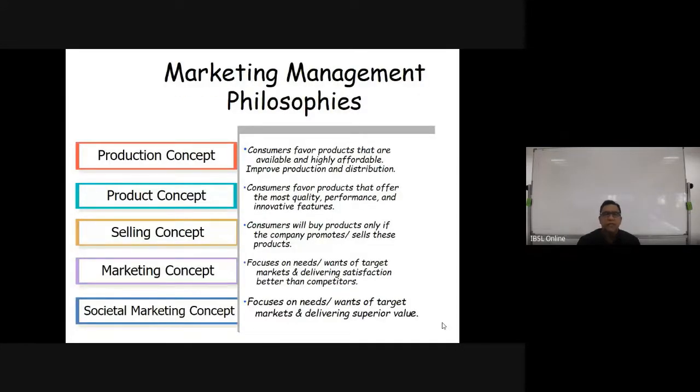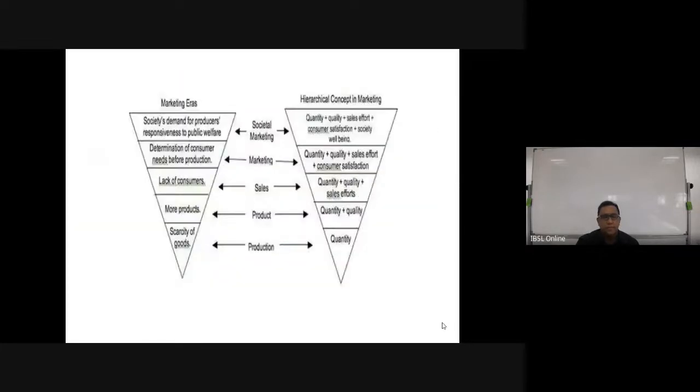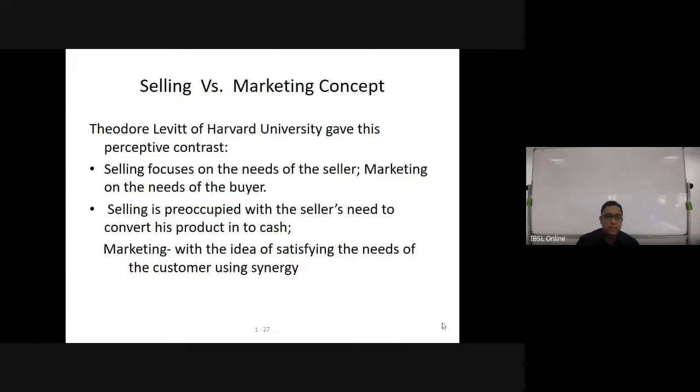And also we went and discussed marketing management philosophies, how marketing concepts have evolved over the years, starting from the production concept to the product concept to the selling concept, and then came the marketing concept, and then the societal marketing concept. And we also tried to understand the difference between selling and marketing,